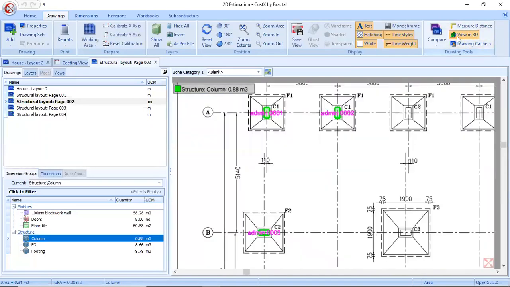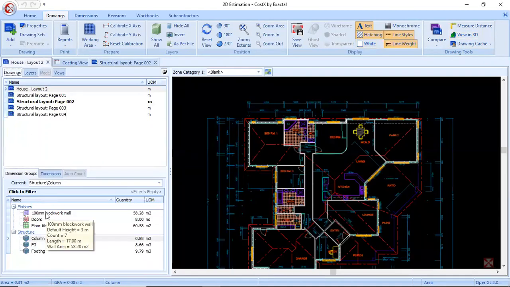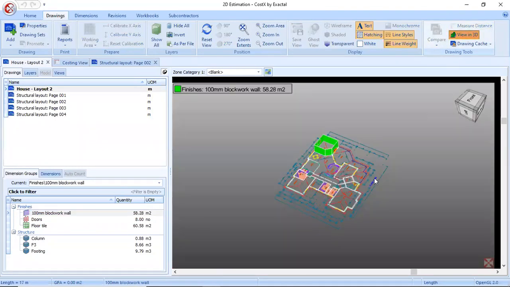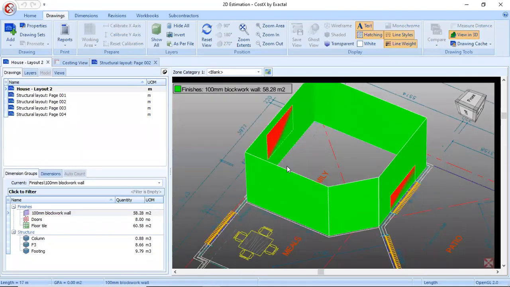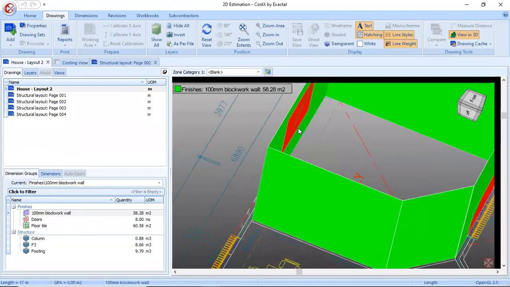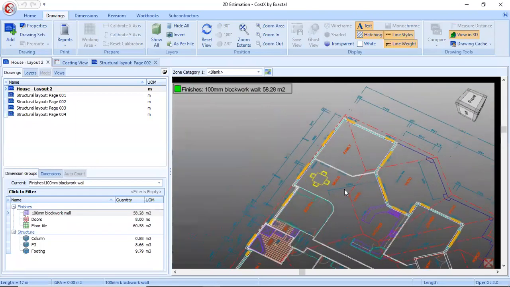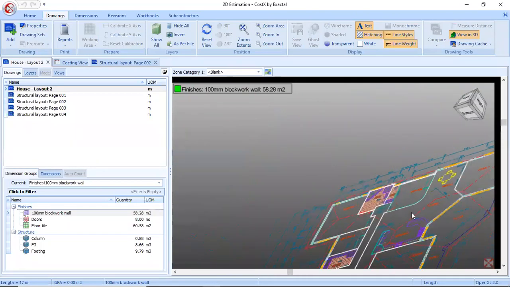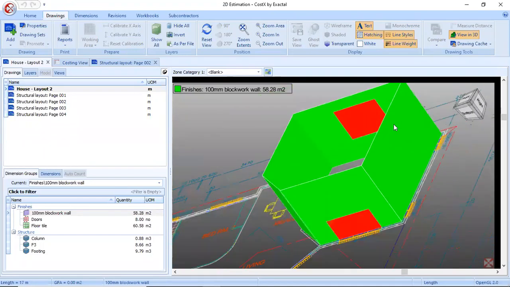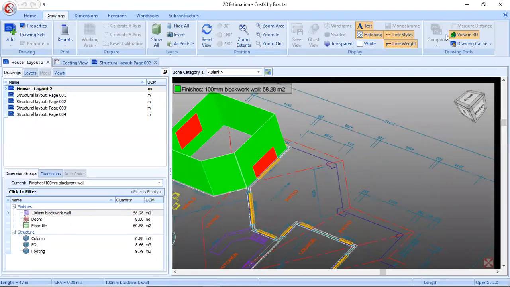And even just before, we calculated the block work quantity, so even that can be viewed in 3D, which will show us the deductions of doors and windows. Here you can identify we have deducted a window. Here also we have deducted a window. If we just turn it around, we have windows here also, and we have not deducted the windows. So this way you can easily cross check your estimate with this view in 3D option.